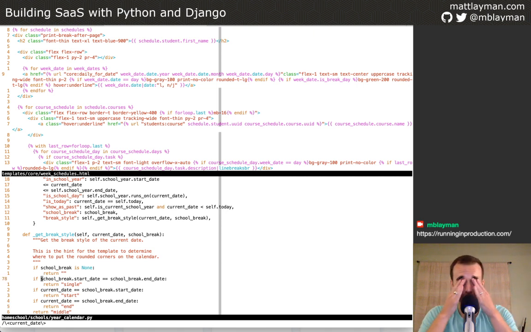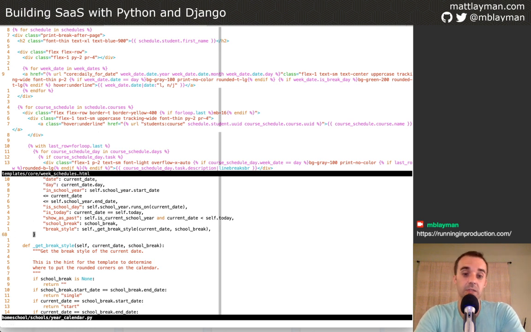So what this method that's on this school calendar is saying, like, you're going to be given a date, and you need to ask the question of what kind of style should be displayed. And problem is, I just have this built into the wrong place. Really, what I probably need to do is put a method on the school break that can say what is the